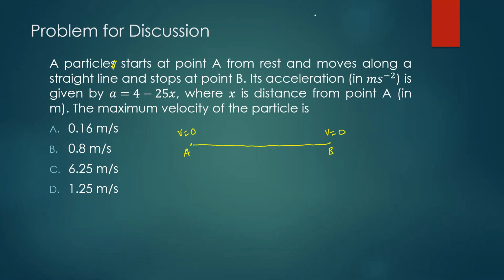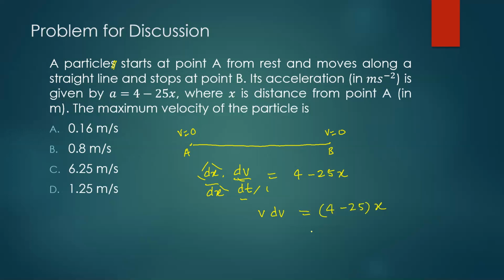Okay. So now acceleration is dv by dt. So I can write dv by dt is equal to 4 minus 25x. Okay, there are three variables here: velocity, time, and position. So what we can do is the left-hand side, if I multiply by dx and then divide by dx, this is a usual trick, right? So here, if I combine dx and dt, I can take that as velocity. So we can write this as v dv by dx. So dx, I'm taking it to the right-hand side.